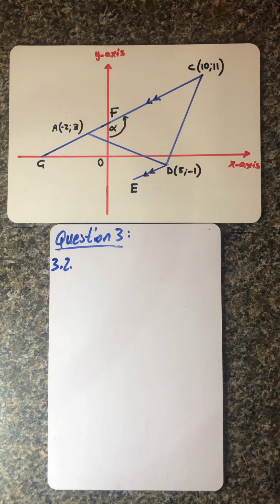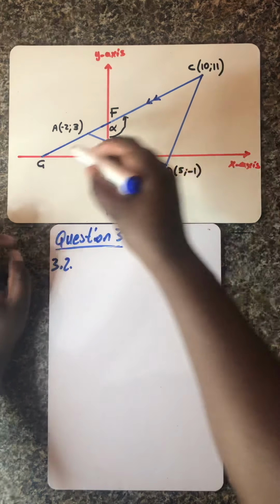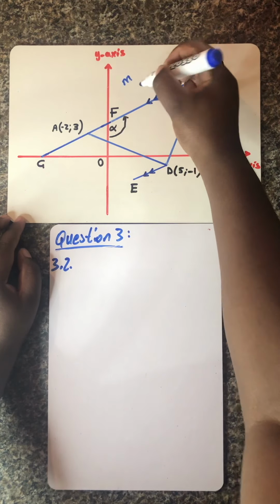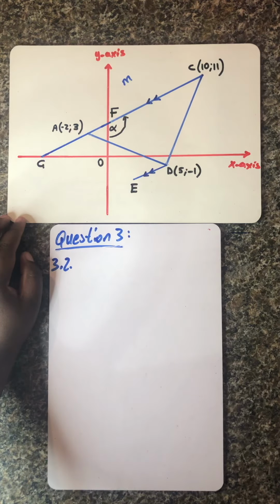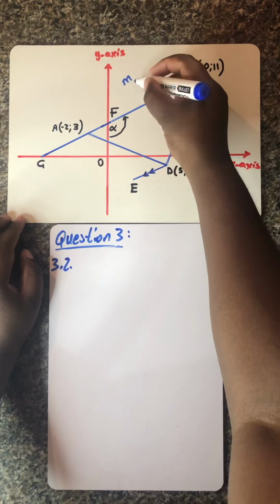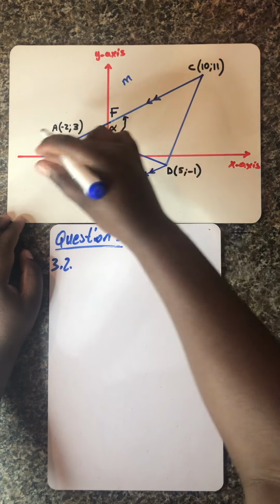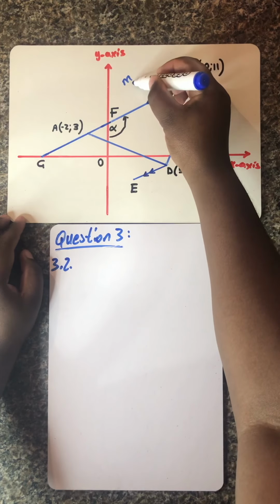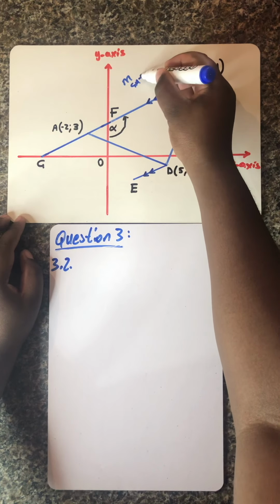So, ladies and gentlemen, can I just write there to say that line? Let me just say m of G, A, F, and C. Okay. G, A, F,